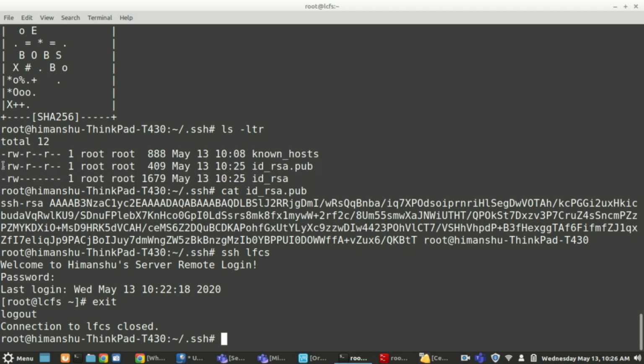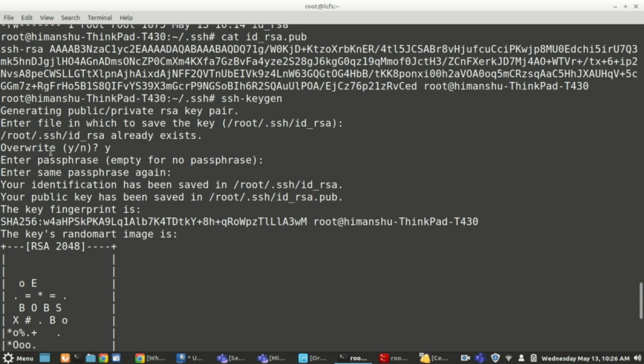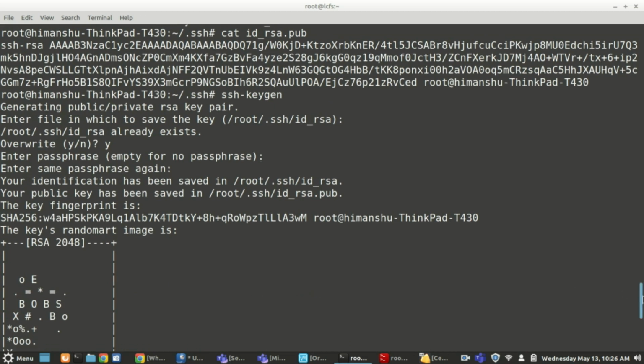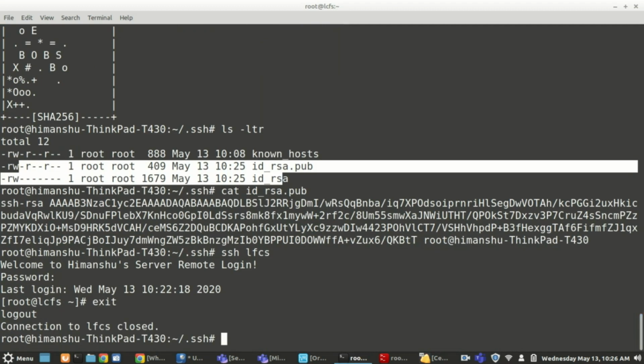It will be of no use. I just now generated again and it overwrote the old ones. So now we have a new set of pairs. Normally in real-time systems or big security systems, these are generated on a very regular basis, mostly every 15 days or 1 week, so that those keys are always different. They are not the same. Clear?